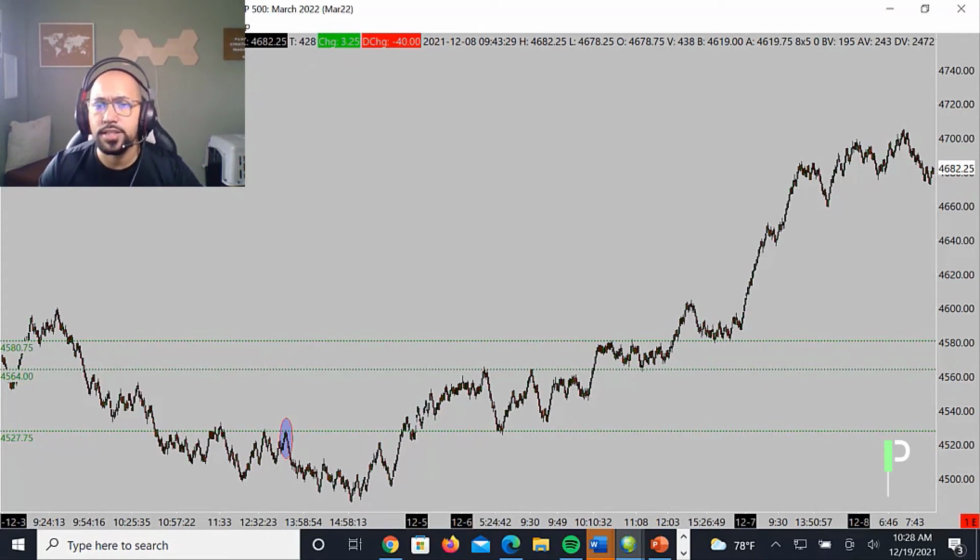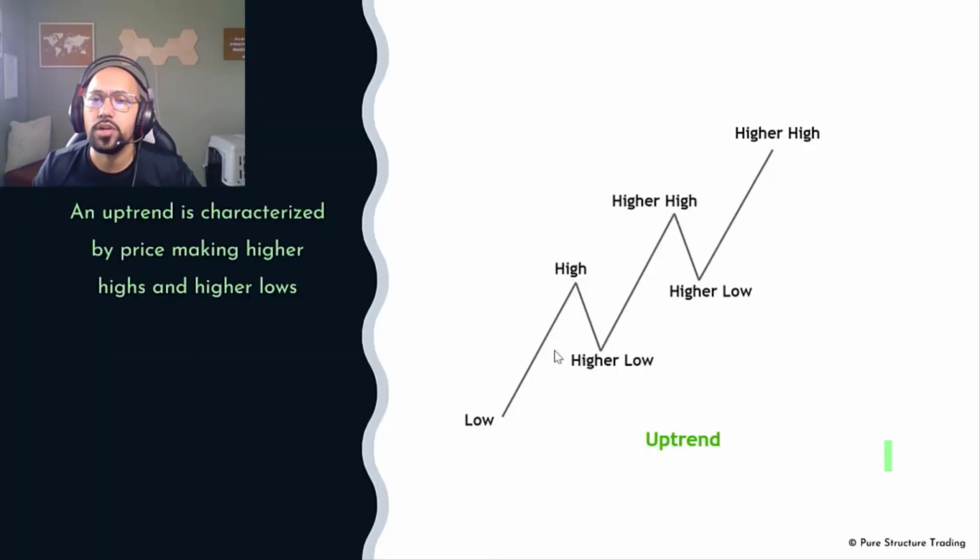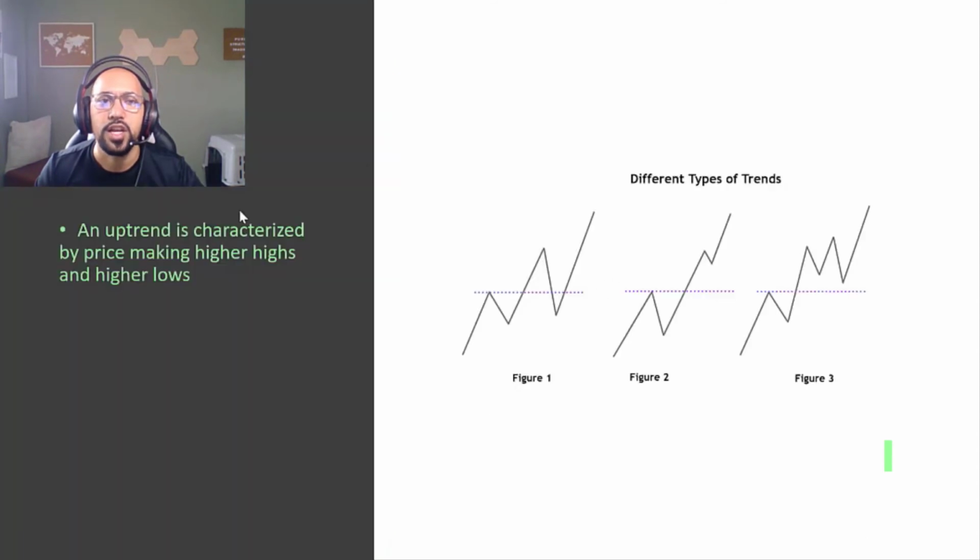Make sure you guys stay tuned, because the next video is going to be one that really helps you guys out. In our next video, what we're going to be touching on is how the market actually creates its price action against your supports that are on prior resistances, looking something similar to this. As in, we defined an uptrend as characterized by price action moving and making higher highs and higher lows. But when the price action comes back down and breaks prior resistance that you wanted to see as support,